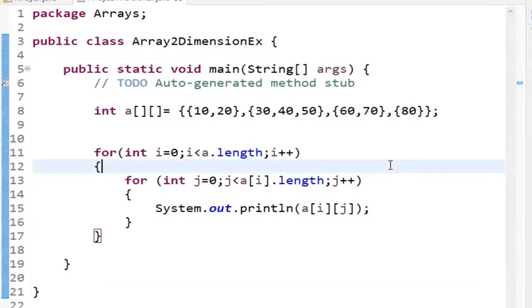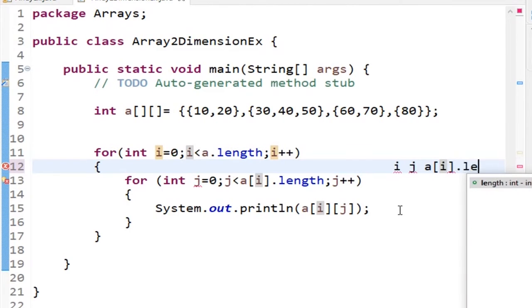Let me explain a little bit more clearly. So here I am taking I value, j value and a of I dot length.